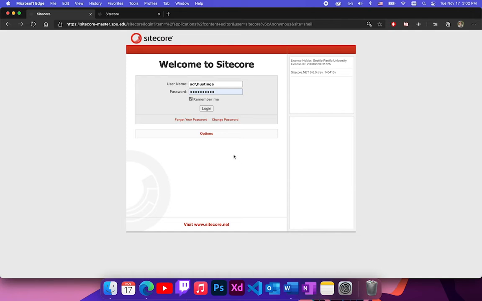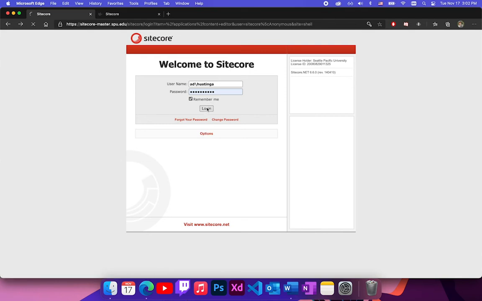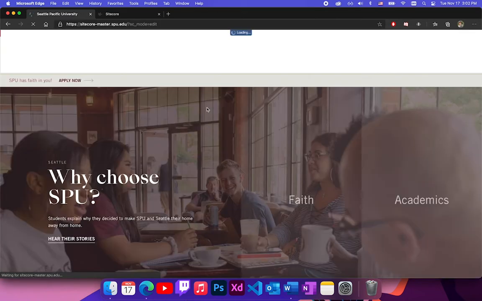Here at the login screen for Sitecore, there's an options button. Clicking this options button allows us to go directly to the content editor or directly to the page editor. As an example, go ahead and click the page editor and click Login. This will take you directly to SPU's homepage, allowing you to navigate directly to the page that you wish to